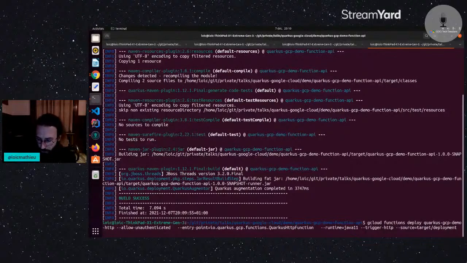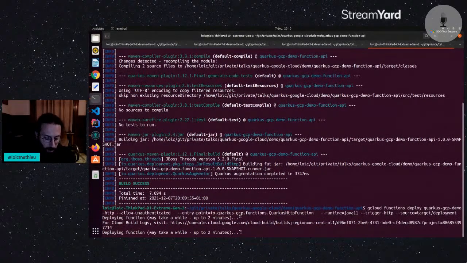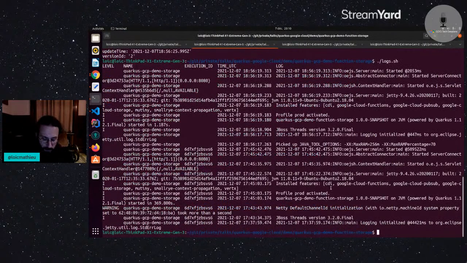So gcloud functions deploy quarkus-gcp-demo-http. This is the name of my function. Allow unauthenticated, to allow an unauthenticated user to access my API. Then the entry point, it's the Quarkus HTTP function. This function will start Quarkus and locate my function inside the CDI container of Quarkus. And the trigger event, it's an HTTP event. This will take some time to deploy, but we can